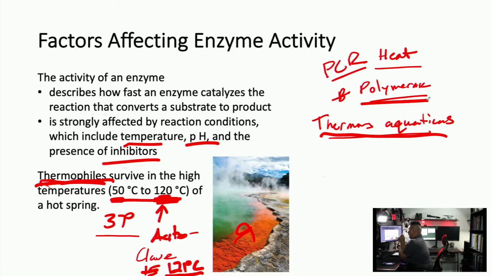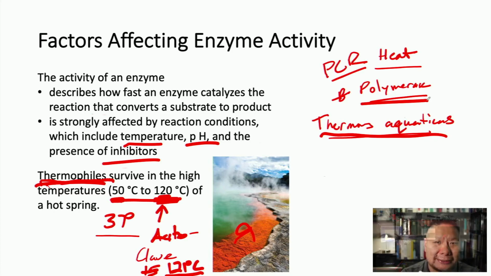It's heat. In fact, hydrogen bonds in water are broken at 100 degrees Celsius, right? You can break the hydrogen bonds holding together a double helix of DNA by heating the temperature up to 95 degrees Celsius, and it unzips the DNA. If we did that with our normal polymerases that are in our bodies, it would destroy those polymerases. But since we're using the polymerases from Thermus aquaticus, it can survive that.